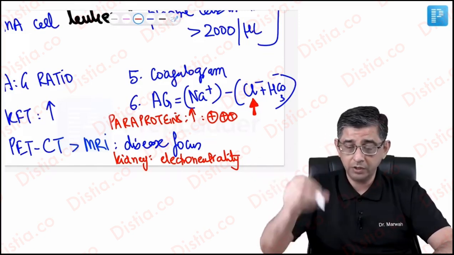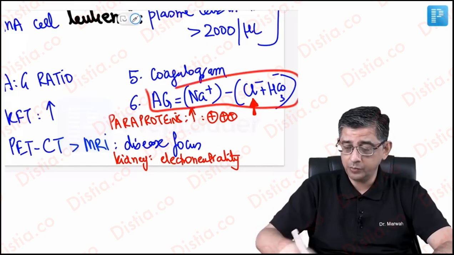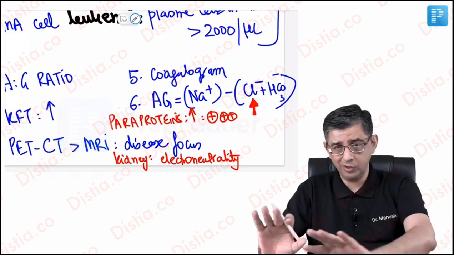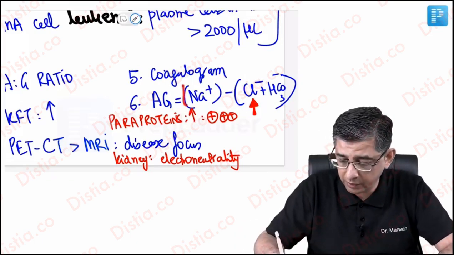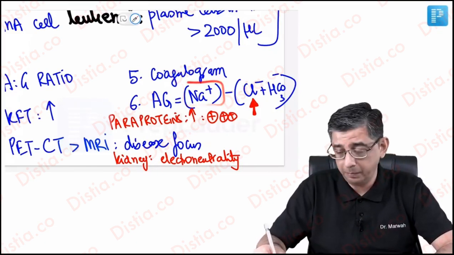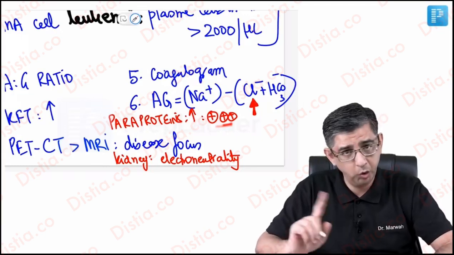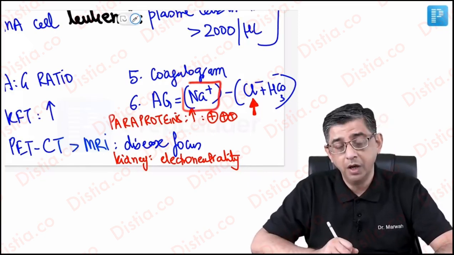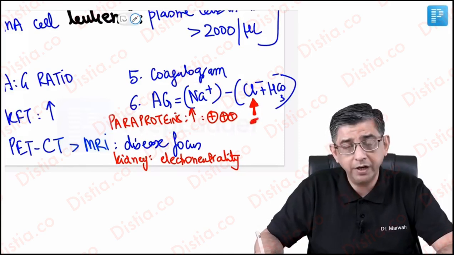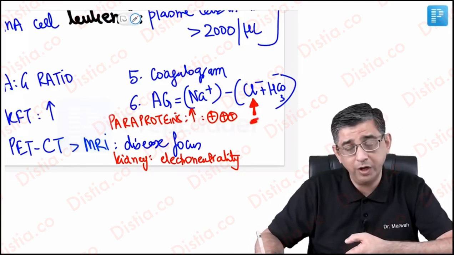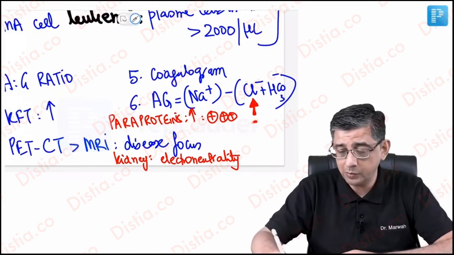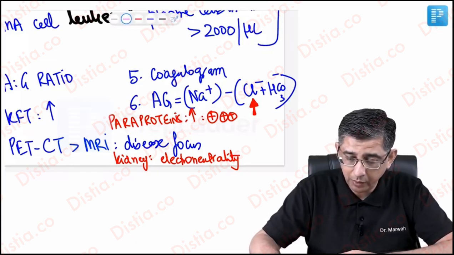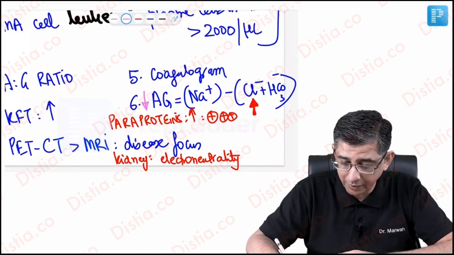And when you increase the negative charges, now focus only on this formula, it is positive minus negative charges. The sodium value is not changing. By positive charges here, I don't mean that I'm incorporating the positive charges of paraproteins in the formula. No, it's not positive charges that are being incorporated. It is the sodium value, which is the same. But chloride will be increased thanks to the help of the kidney, which is trying to neutralize and balance these paraproteins. So if chloride is elevated, mathematically speaking, this value of anion gap will be lesser. This is an important point from the MCQ perspective, guys. So give this point the due respect that it deserves.